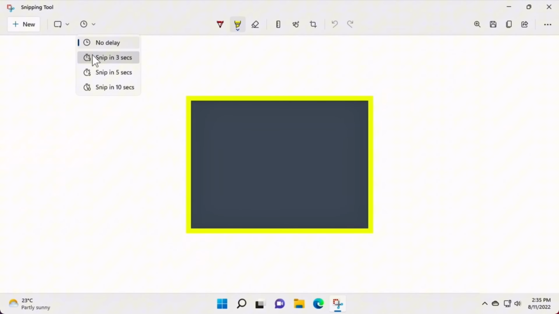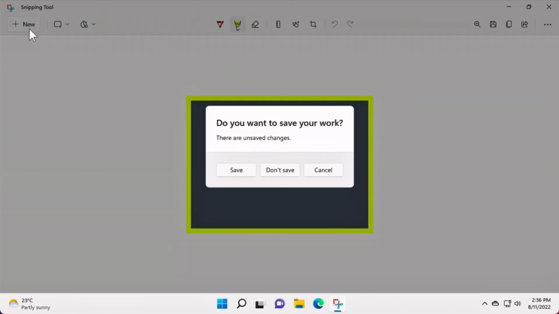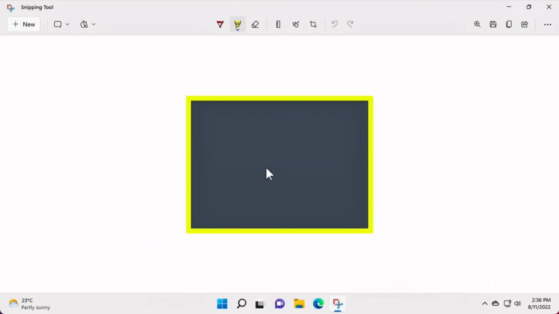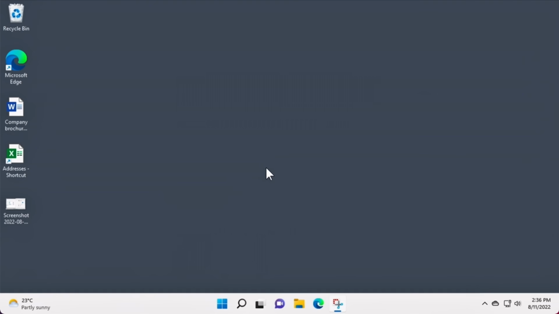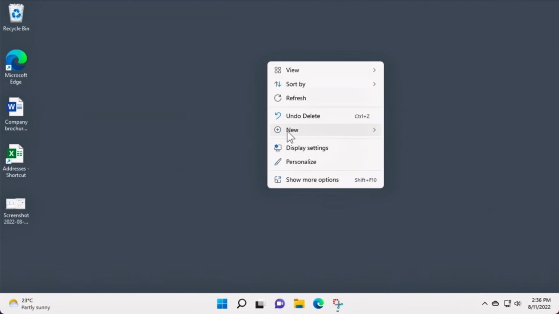Here we can choose to set a 3, 5 or 10-second delay. Let's select Snip in 10 seconds. If we now click the New button, in the notification that appears, I'll quickly select the Don't Save button. Our desktop interface displays. We've now time to, for example, right-click on the desktop to open a context menu, and